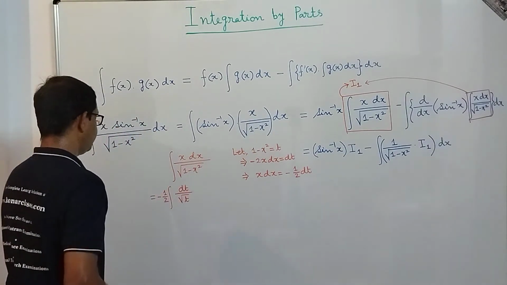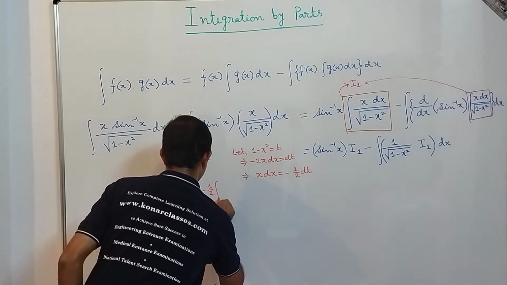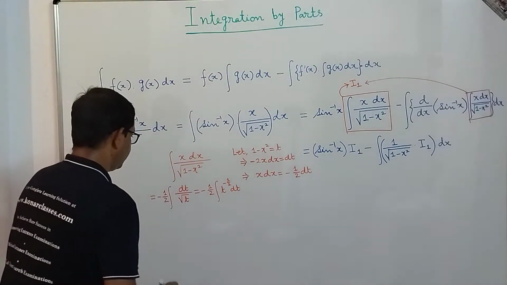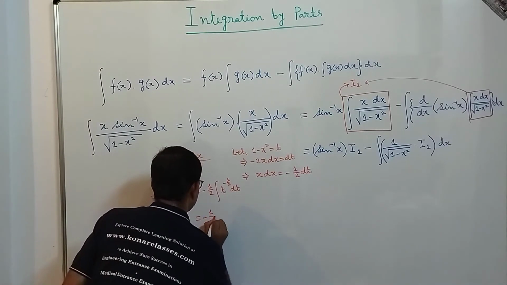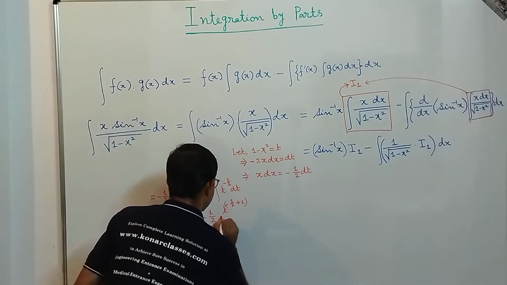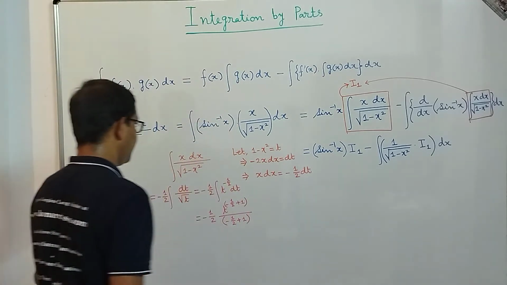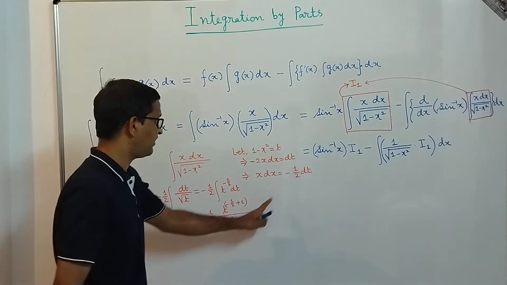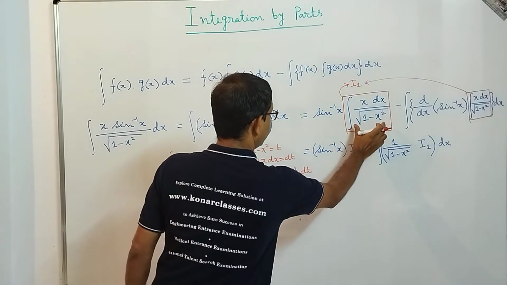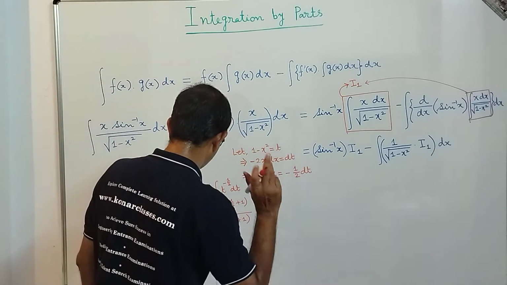Okay, so that means what we are getting, dear students, is equal to minus 1 by 2 integration t to the power minus 1 by 2 dt. So this is equal to minus 1 by 2 into t to the power minus 1 by 2 plus 1, divided by minus 1 by 2 plus 1. I am not adding the integrating constant here because finally we need to keep it here, and in the last session I explained why we are not keeping that integrating constant for the intermediate integration, means integration of g x. You can look into that session.